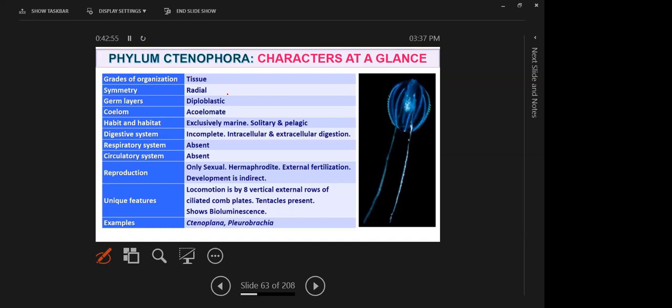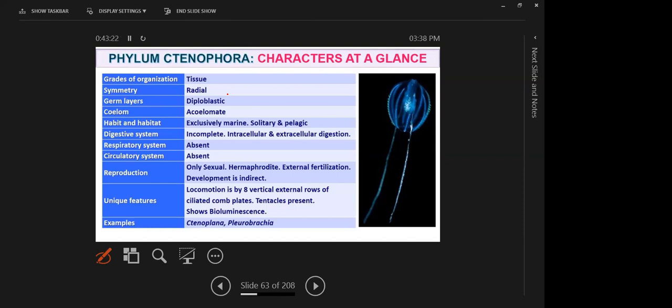Respiratory system is absent. Circulatory system is absent. Reproduction only sexual, hermaphrodite. External fertilization, development is indirect. Unique features: locomotion is by 8 vertical external rows of ciliated comb plates. Tentacles present, shows bioluminescence. Examples are